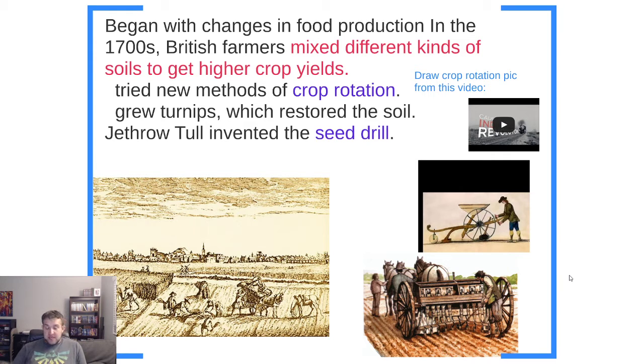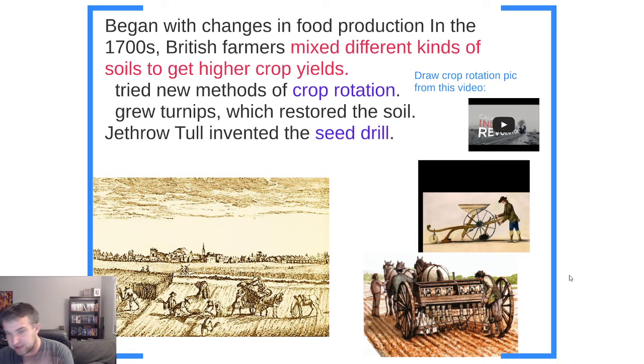led up to it. And the thing that really did kick off the Industrial Revolution was these new changes in food production in the late 1700s. British farmers came up with two new really, really smart ideas. The first one is called crop rotation,